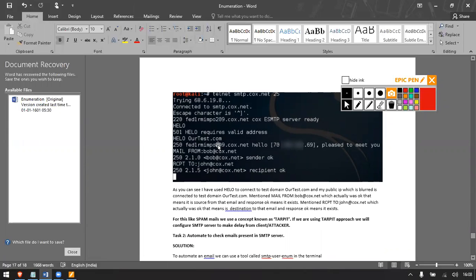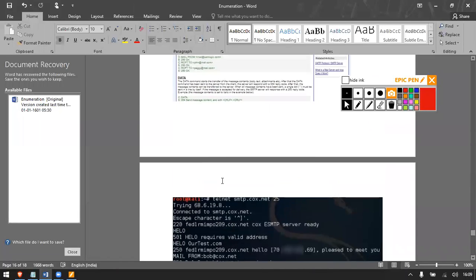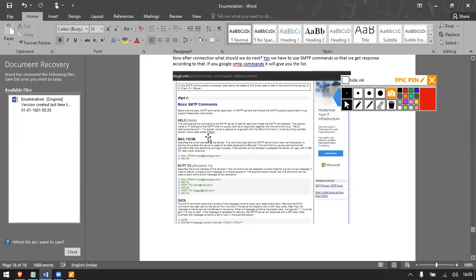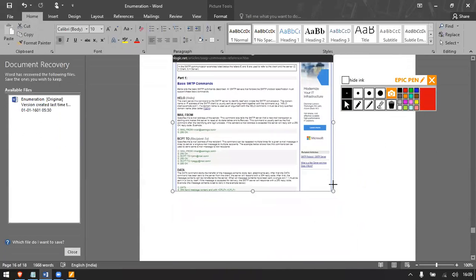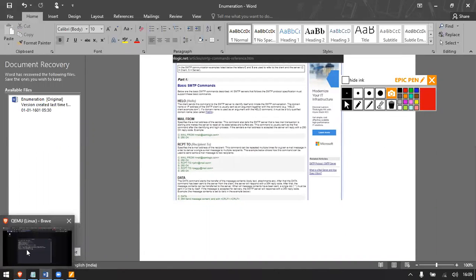And I checked the command mail from. So mail from basically means I'm mailing from this email address to john@cox.net. At the time of writing this book and at the time I practiced this stuff, it worked. But it is not working. I have given a common format where you can see how you have to type the format. Okay, Gmail doesn't work, but we will try different things also.